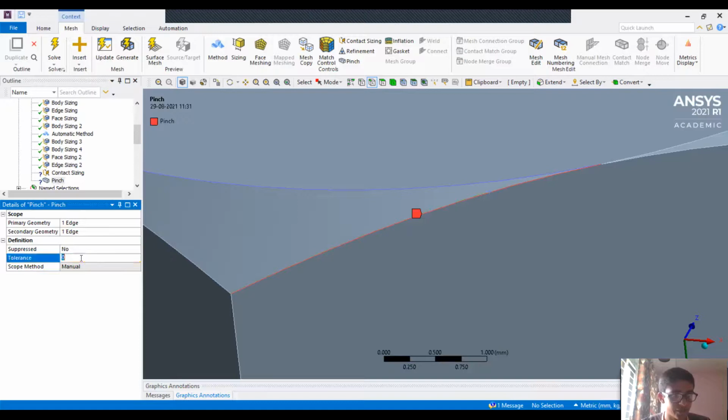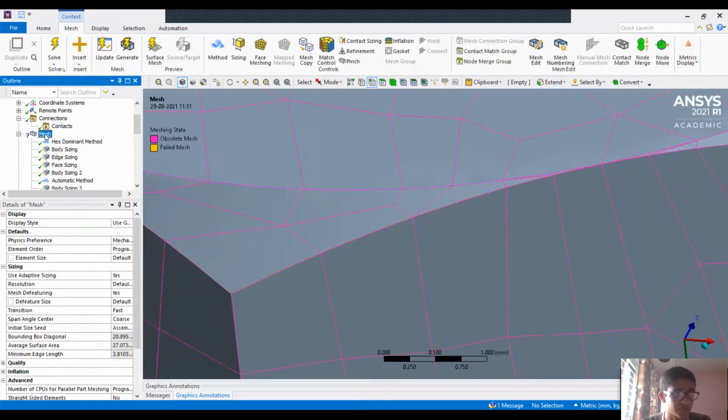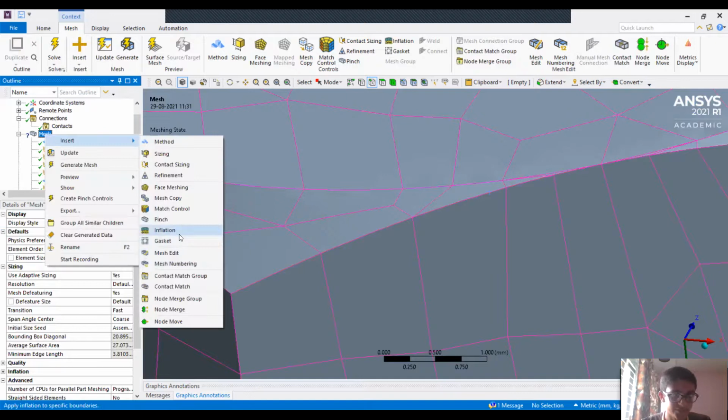And now I can define a tolerance, and it will generate some extra nodes if I want. So that is the requirement. I can put a tolerance of 0.5 mm. So it will take it automatically as 5 mm because I have defined the unit system over here at the bottom.